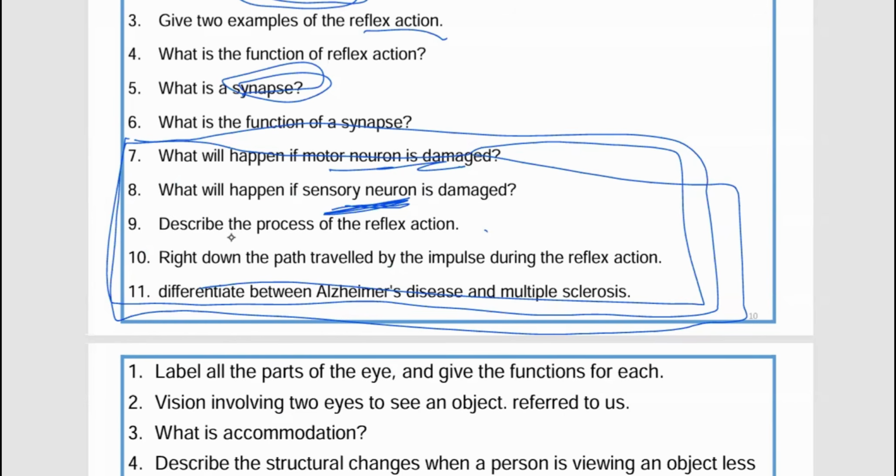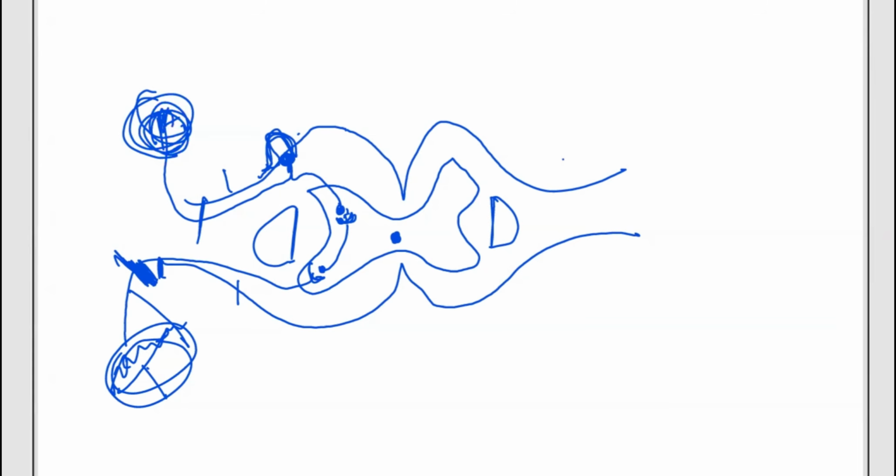It's this one which we have tried to explain here: the impulse is detected by the receptor, sent via the sensory neuron, and then the sensory neuron enters the dorsal root of the spinal cord and goes to the central nervous system, where it's connected by the synapse or synaptic connection. The impulse is sent via the interneuron, then sent to the motor neuron via another synaptic connection. Then the motor neuron moves out of the spinal cord via the ventral root. Then it goes to